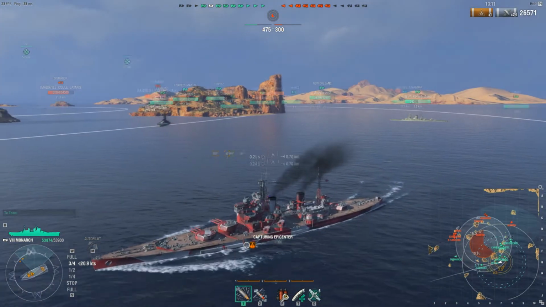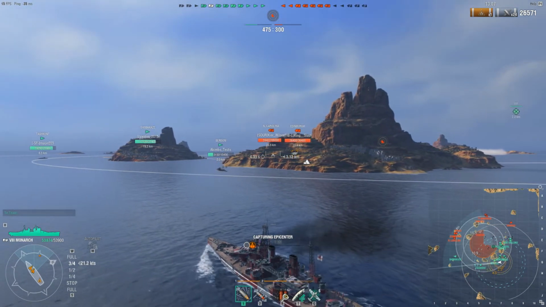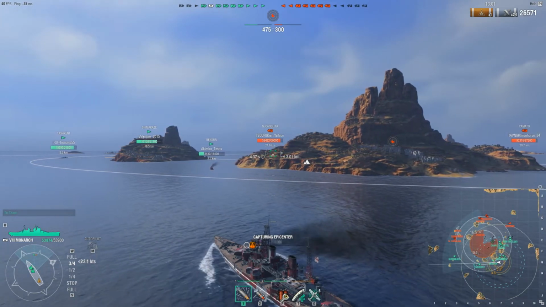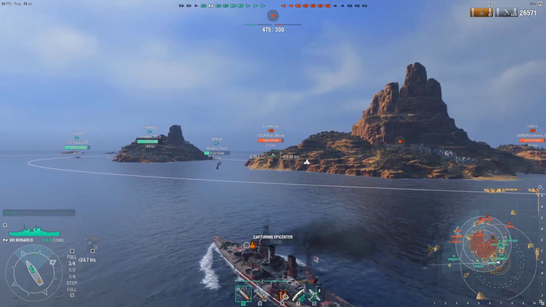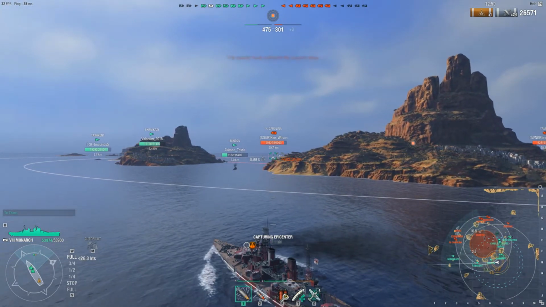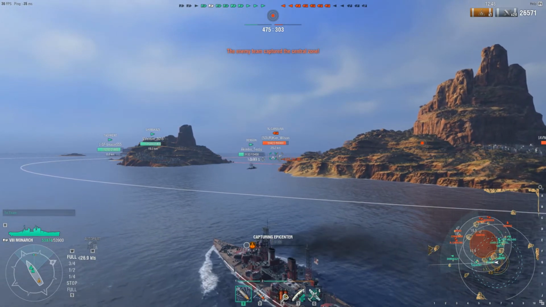Now you can, and I would not recommend it, try to bow tank, but for the most part, I would say the Monarch is more of a ship on the move, relying on relocating and catching enemy ships by surprise, especially cruisers. Catching enemy cruisers with your AP is a lot of fun, because you can get those citadels and